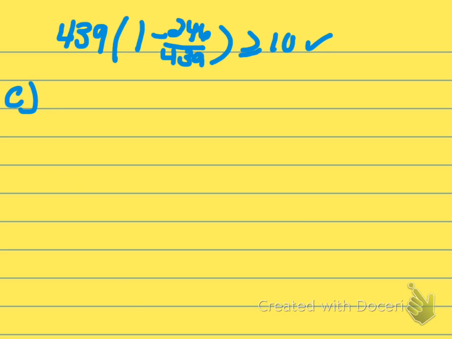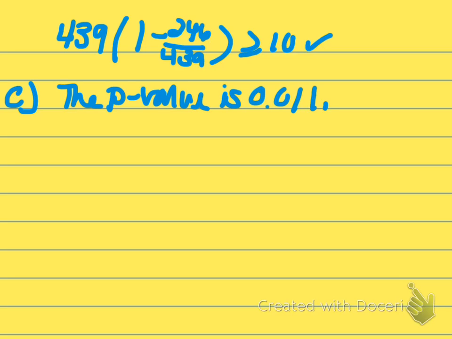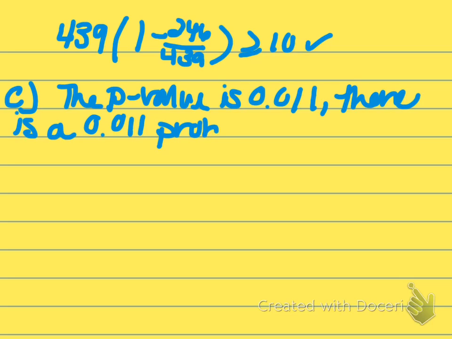Part C says interpret the p-value. They give you that p-value there. Okay? So you would say the p-value is 0.011, which means there is a 0.011 probability of getting,